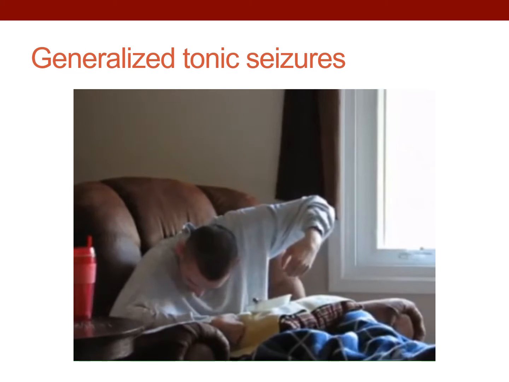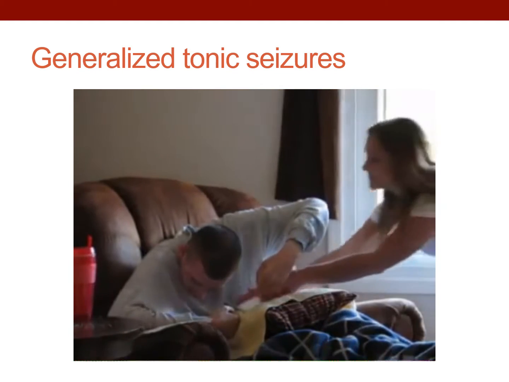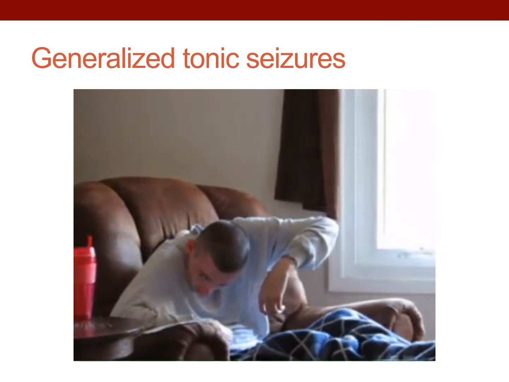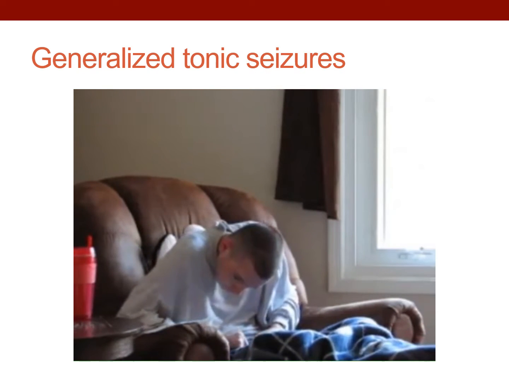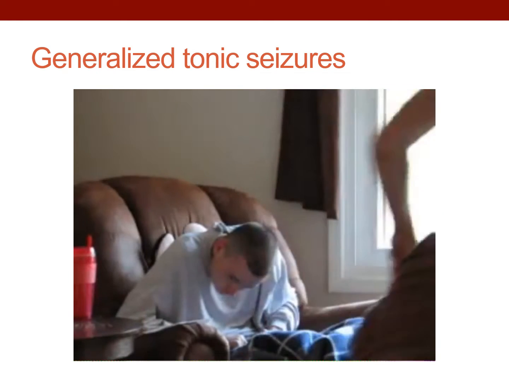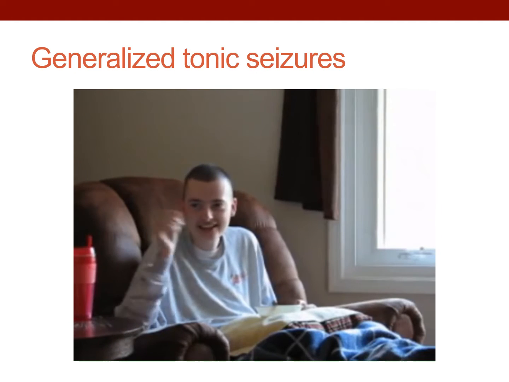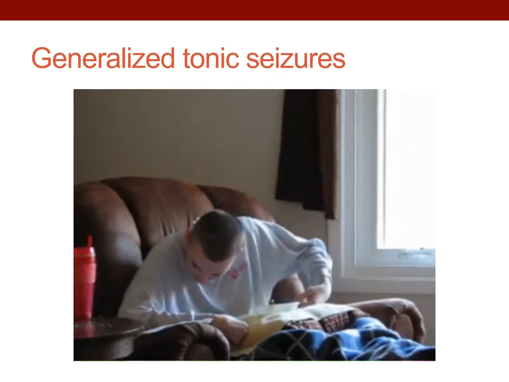Still look into the video. You can see what happened. We have generalized contractions of a group of muscles affecting his neck, his arms, and his trunk. So this is a generalized tonic seizure. Now, a few things I would like you to notice besides the word tonic here. First of all, when this seizure started, it started suddenly. So he was talking and then suddenly, as you see, that happened.